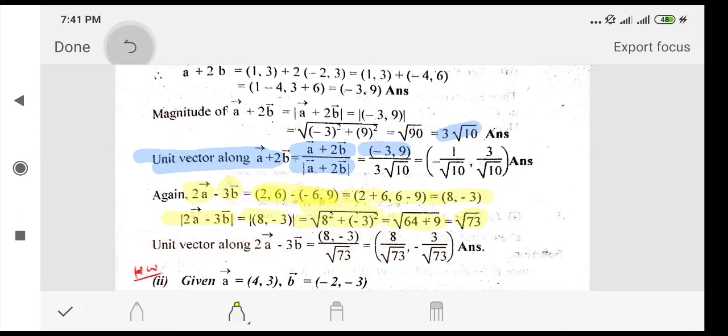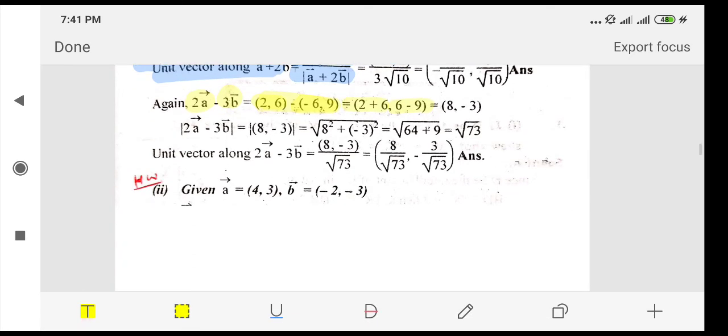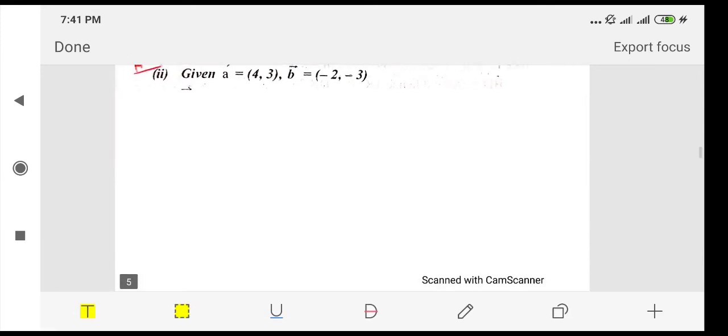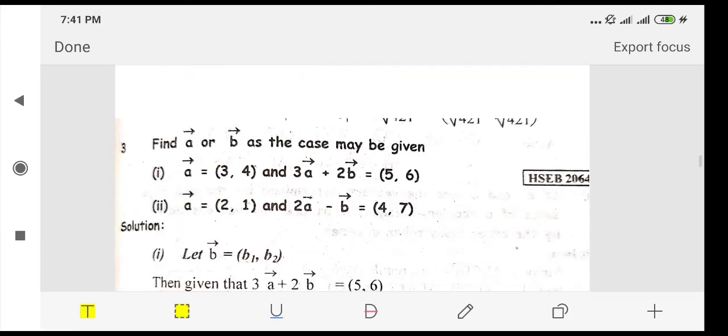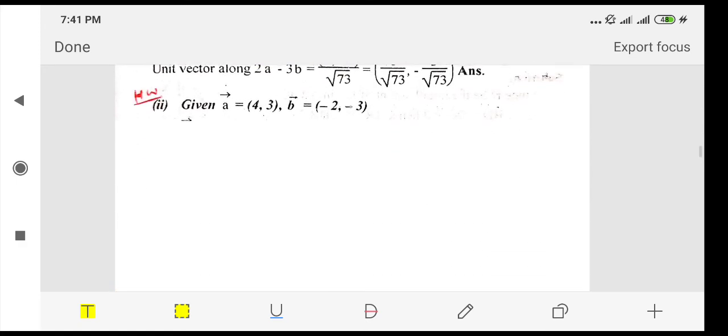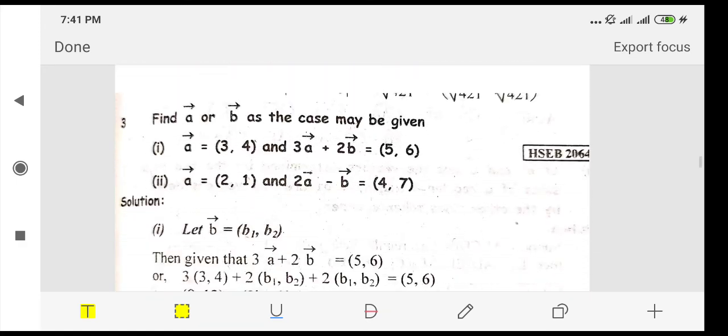So accordingly you can now find the remaining questions. These 2 numbers are given to you as homework. Do these 2 numbers as homework, and then you can check the solution you have solved. I have not shown you the solution; just solve it and you can check it from your book as well. Now let's go to question number 3.